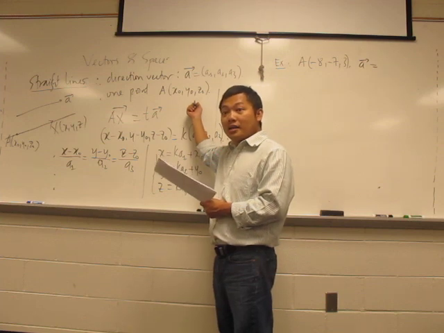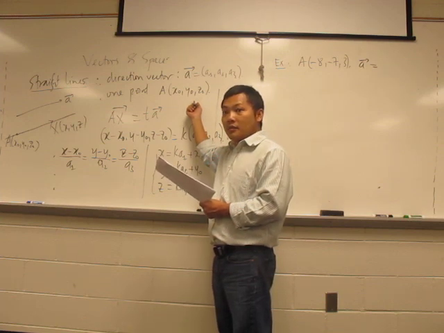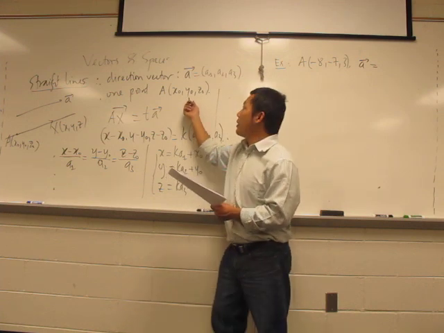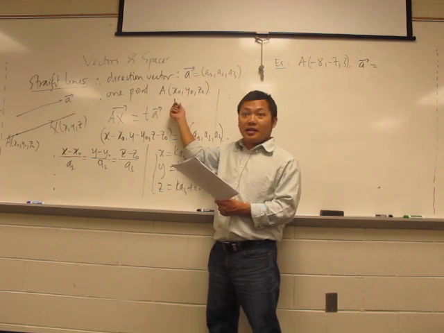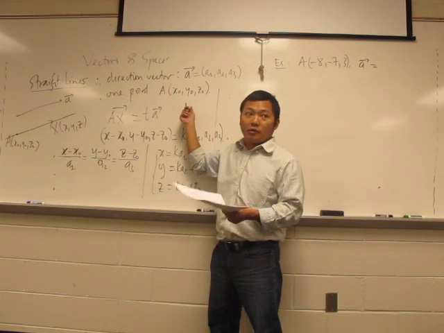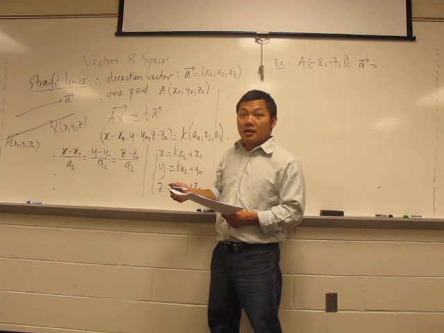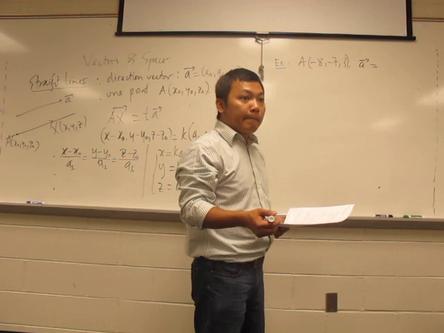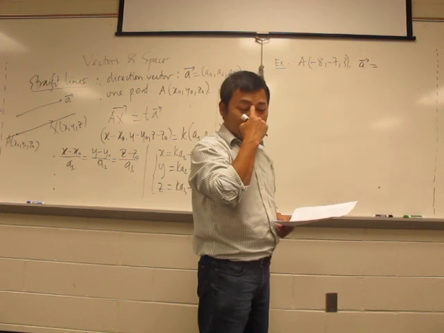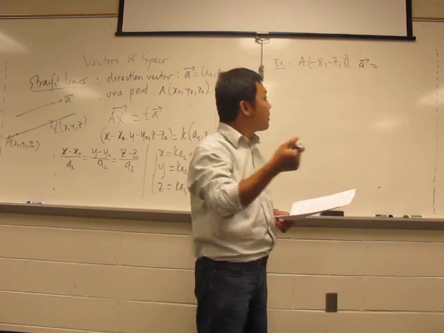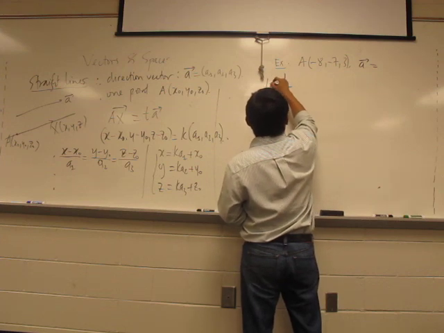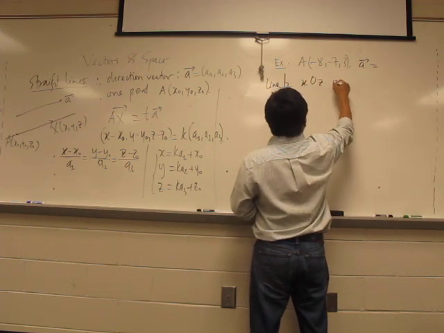It should be the y-axis, right? 0, 1, 0. Yeah, it should be 0, 1, 0, because all perpendicular straight lines to the xOz plane would be parallel to the y-axis, and you can take the y-axis direction, that's it. Make sense? So if the straight line is perpendicular to the XOZ plane,